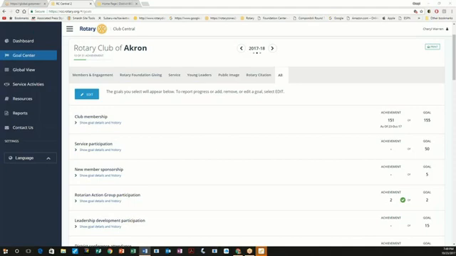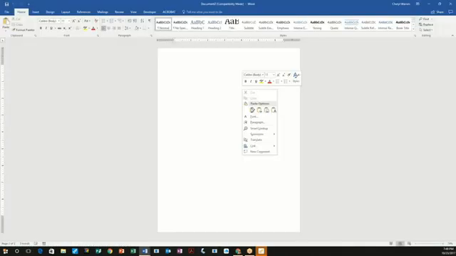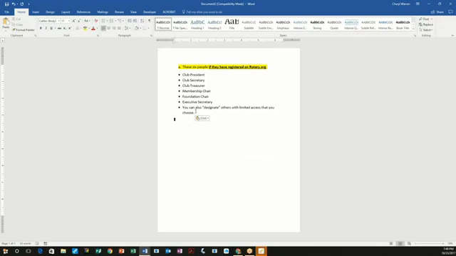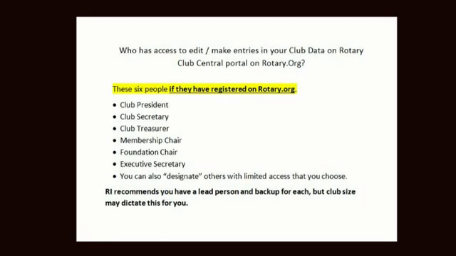Yes, the 6 officers that were mentioned at the beginning of the session have the capability to not only come online and work in Rotary Club Central, but also access reports and help take care of club administration procedures. So those 6 positions. Now the final dot that she has on here is sort of why I say yes and no. Each of those 6 officers have the capability of delegating their online access to at least one other member in the club. It doesn't mean that you lose your capability.